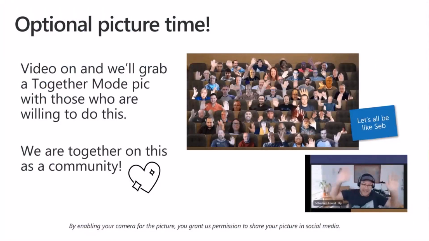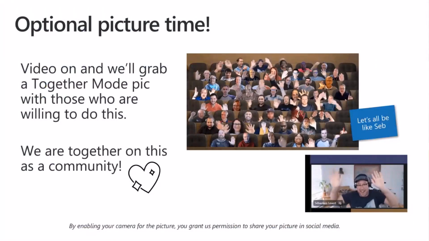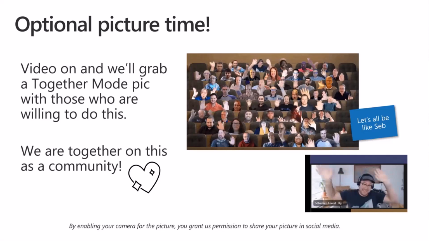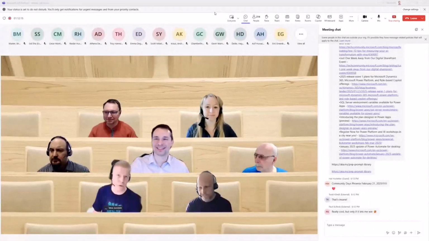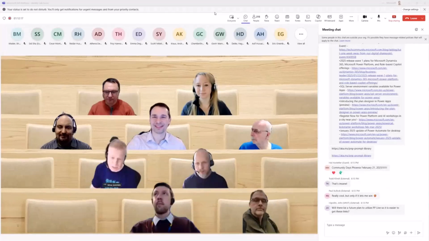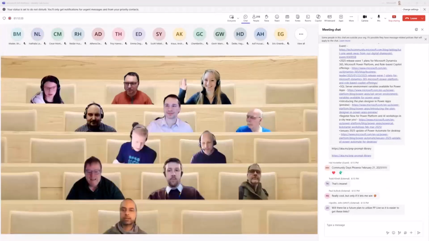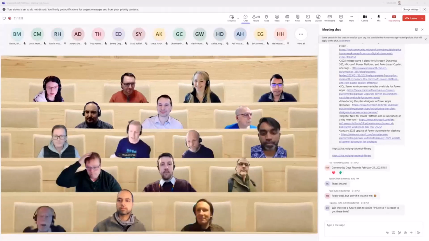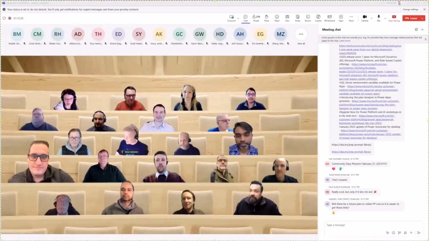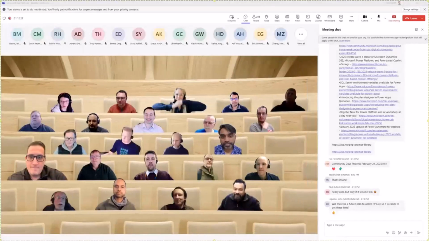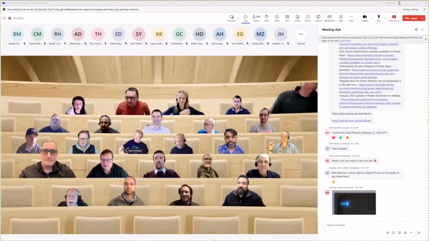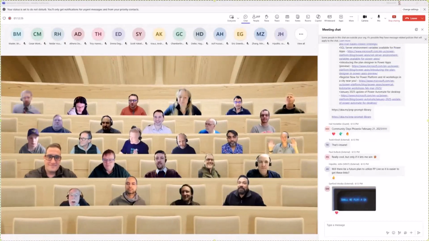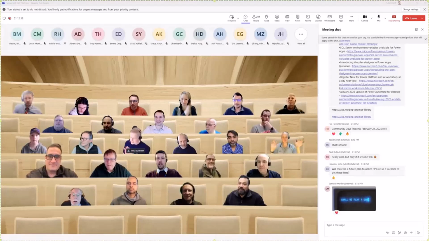Before we go to the demos of today, let's do a quick crew photo for those who are willing to enable the camera. So let's enable the camera here. I will move us into together mode. We do have 50 seats in the room. And then I will open up Camtasia. We are pretty pixel perfect today. And it's doing an amazing job. I can see somebody walking outside in the middle, and it's able to put him in the center. Exactly. Thank you. That's really very cool. 50 seats in the room. Let's wait a few more seconds to fill in the room.